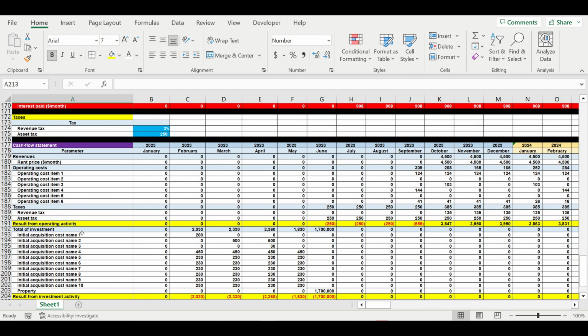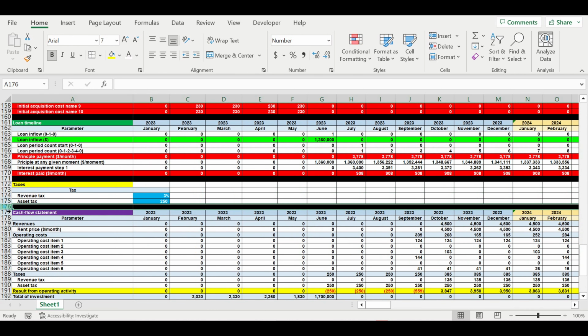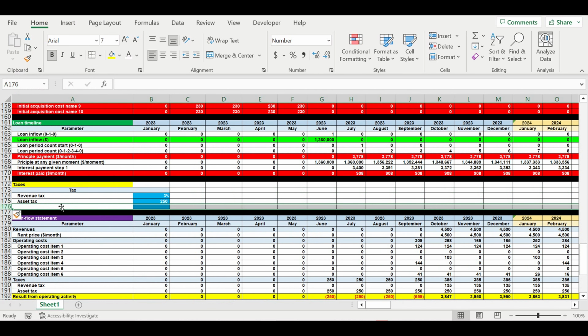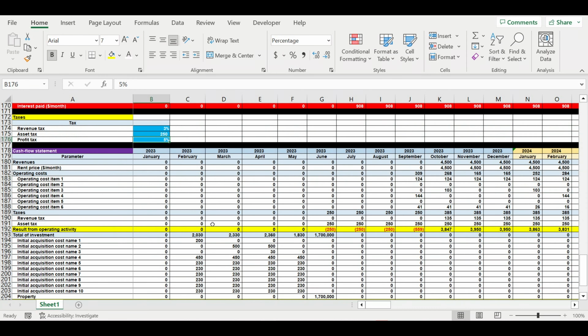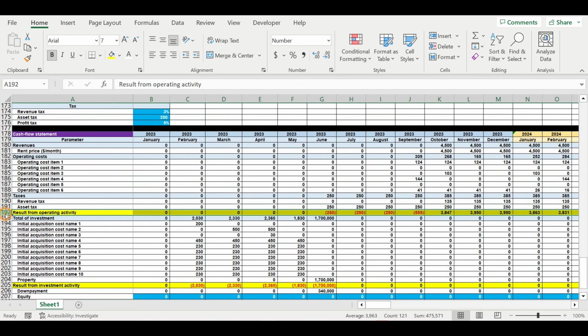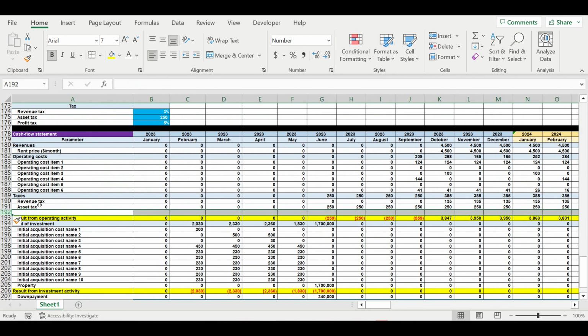Maybe we should add the profit tax. Let's create a block for this. Let's say profit tax. So it will have a percentage value. Let's say it can be 5% from profits. This will be an input as well. So asset tax, we are adding here a line. So profit tax will be,